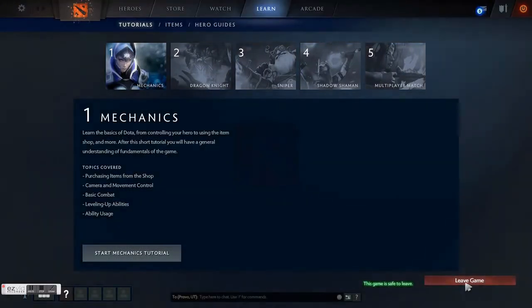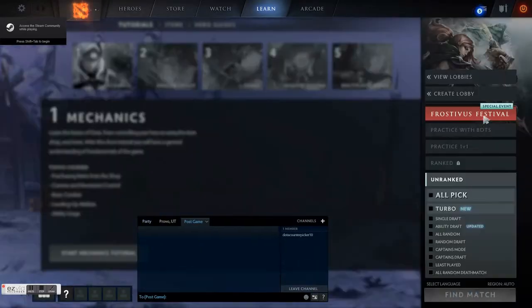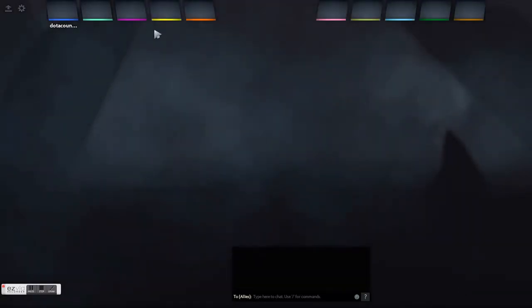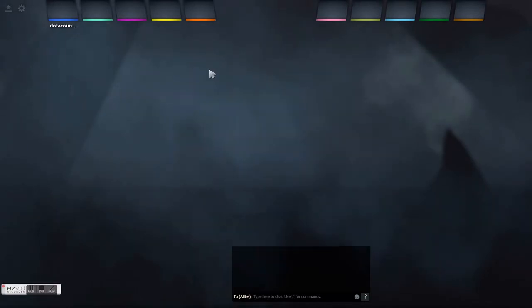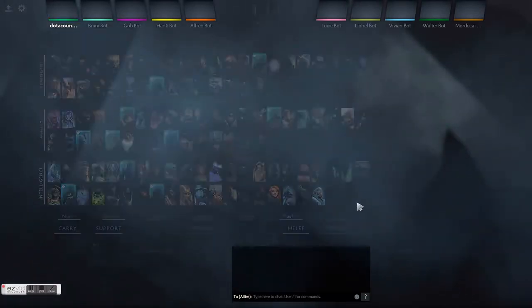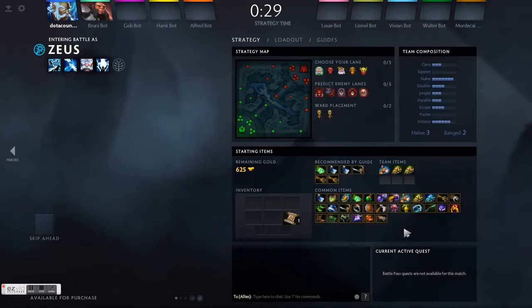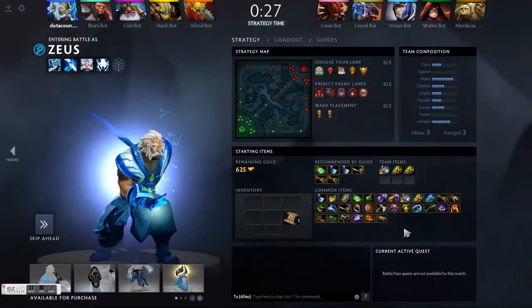I'm going to create a new lobby, and I'm going to be on the Radiant team, and I'm going to set bots to be enabled so that all the other slots are filled by bots. This is the picking phase. I'm just going to pick Zeus because I know his hero ID. With all of my experiments, it's 22, so I'll just pick him. I'm gonna skip ahead to the game,